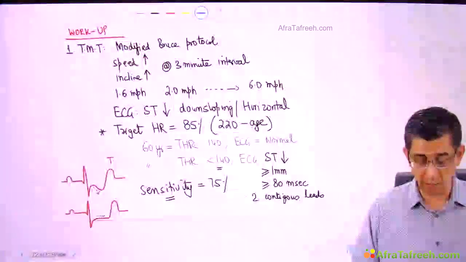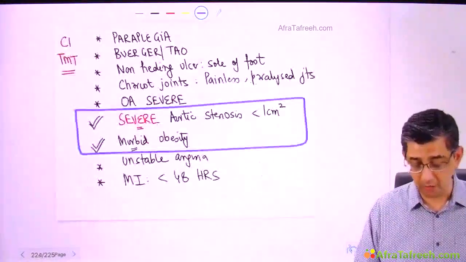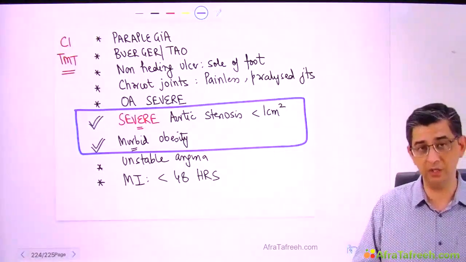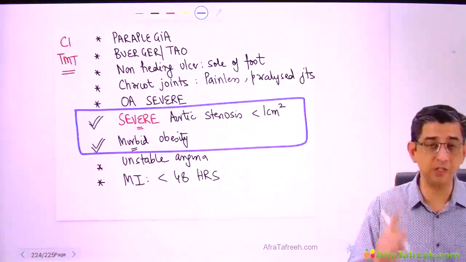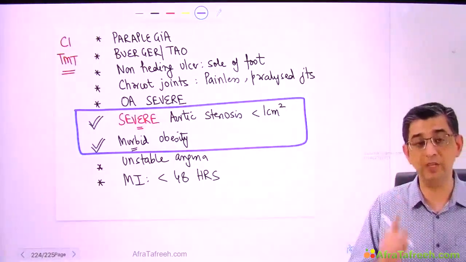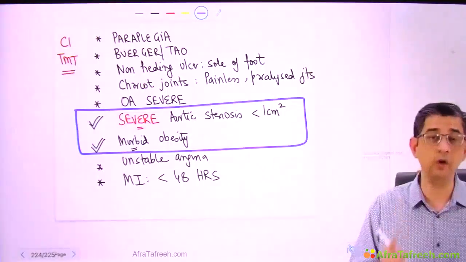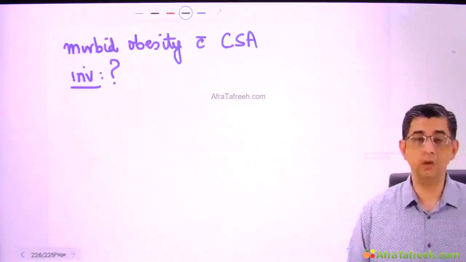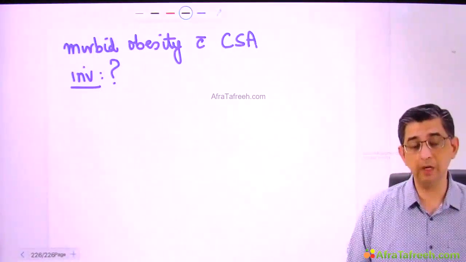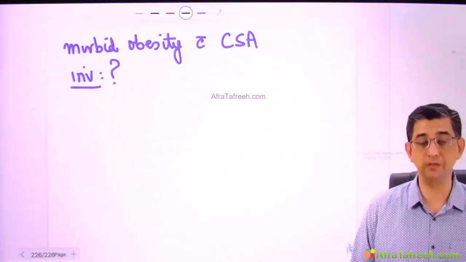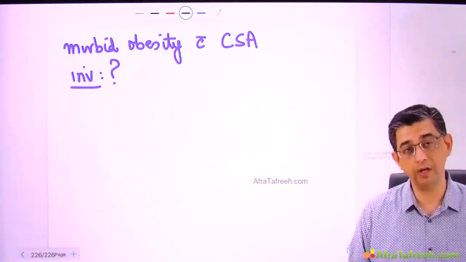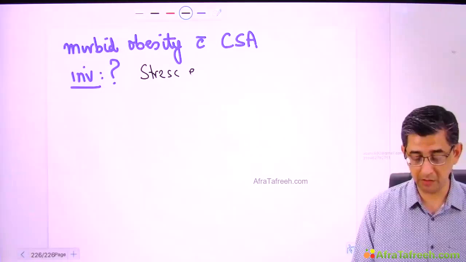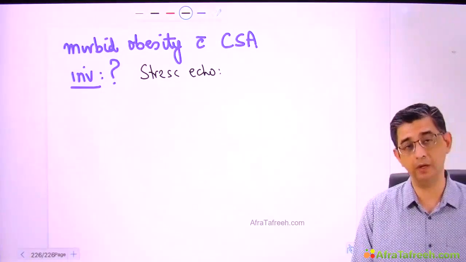And the first test I have already explained is the treadmill test. I've talked about contraindications for it. But if he deliberately introduces a contraindication in the exam by himself, then the answer that you will give for such a scenario will be stress echocardiography, and pharmacological stress will be given to the patient instead of making him walk on the treadmill per se. Now, as I explained, in a person who's morbidly obese and is having chronic stable angina, the first investigation to be done is obviously not the treadmill test. Your answer would be stress echocardiography, and the pharmacological stress would be given using dobutamine.